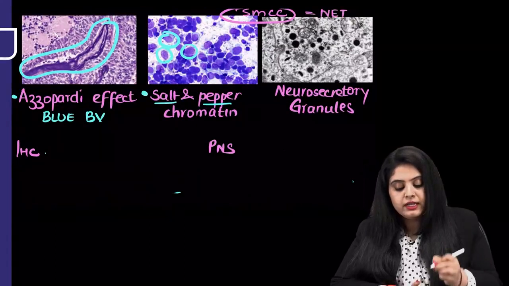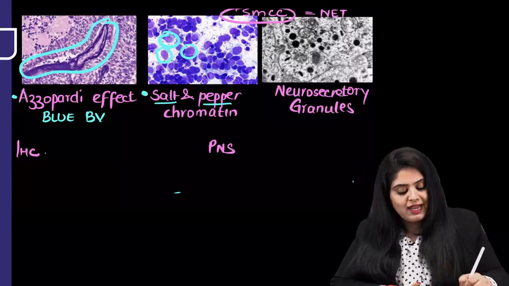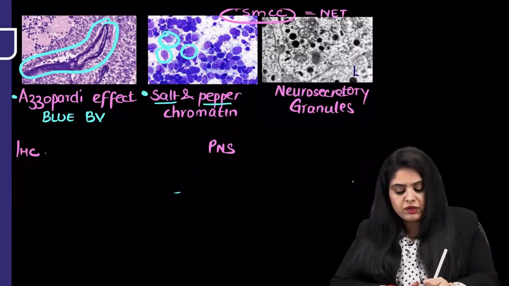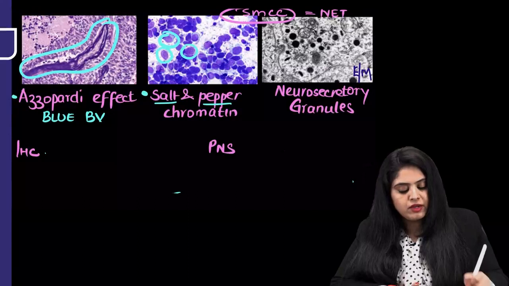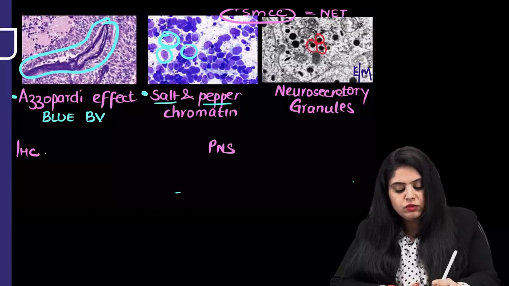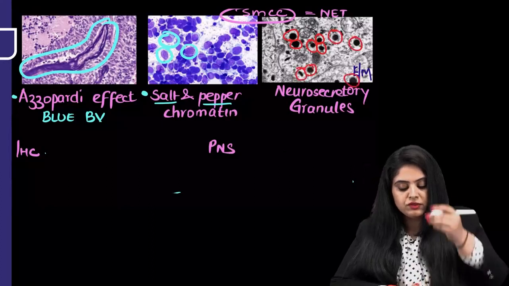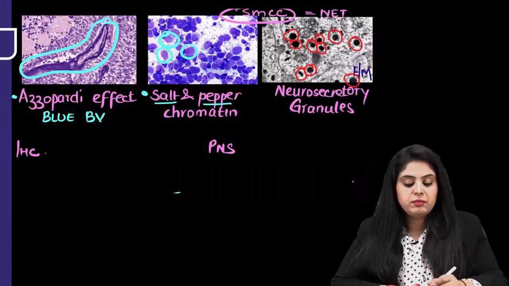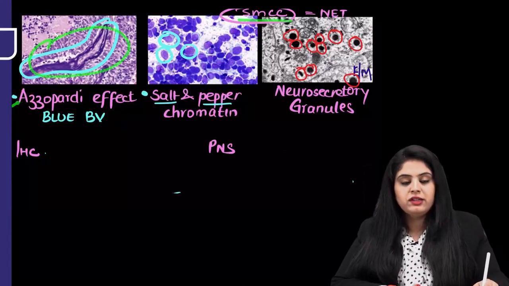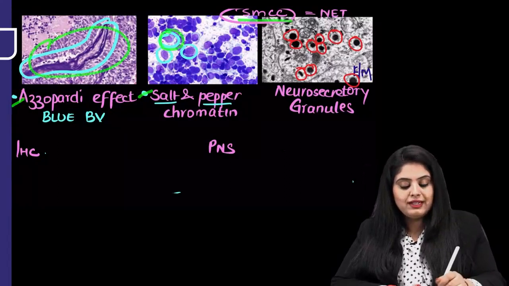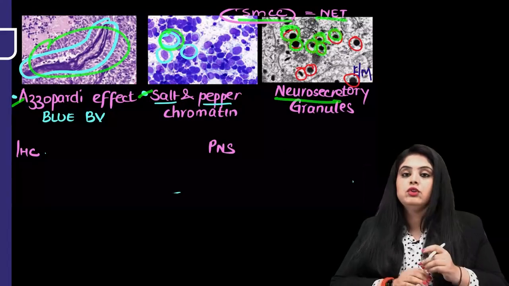So when you look at it under the electron microscope, you are going to see these neurosecretory granules. That is what is important. So remember and repeat once again. What all do you see in small cell carcinoma? Blue blood vessels known as Azzopardi, salt and pepper chromatin, and electron microscopy shows me it is a neuroendocrine tumor, so neurosecretory